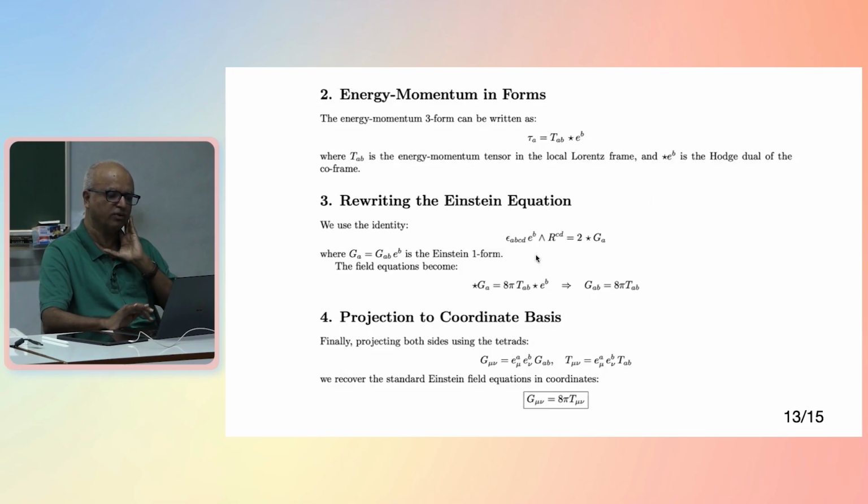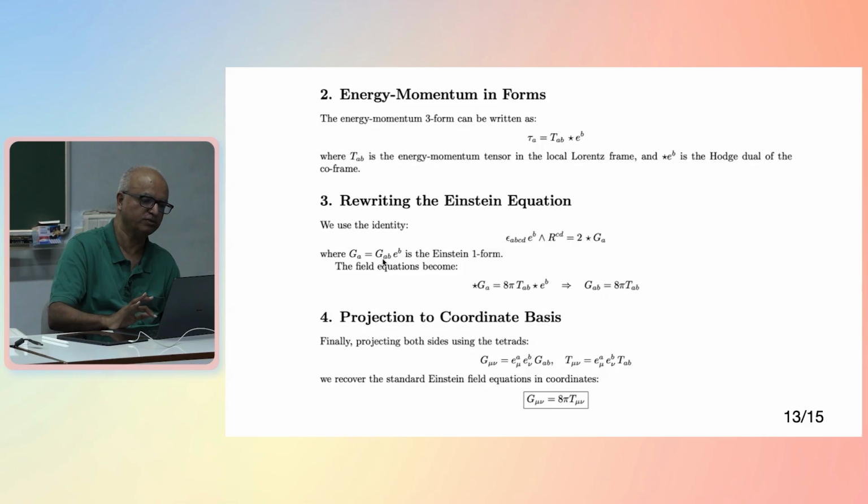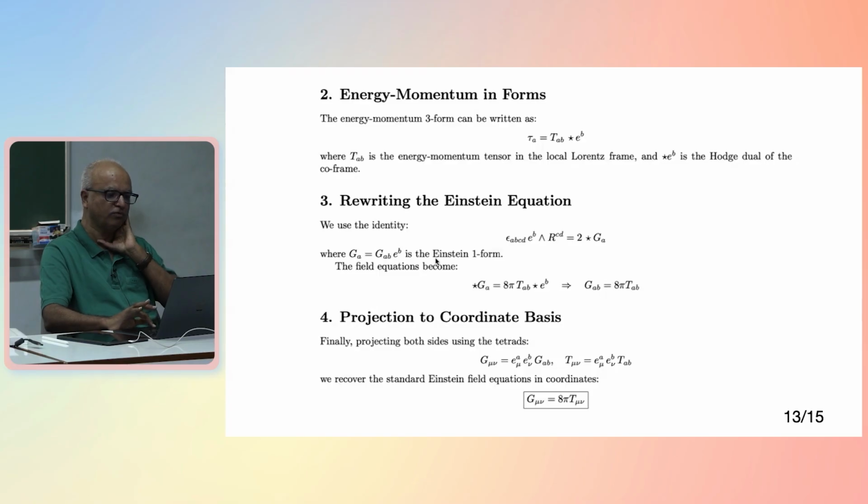This is my Einstein equation. Again, skipping some steps, this is a 3-form and it can be written as the Hodge dual of the Einstein tensor. This G_A is the so-called vector-valued one-form. G_AB is our Einstein tensor, R_AB minus half g_AB R. That, if contracted with this e^B, gives me this so-called one-form. Its dual is this 3-form, star G_A. So this is a star, this is a star, so no factor of 2 here. Star G_A on the right hand side,